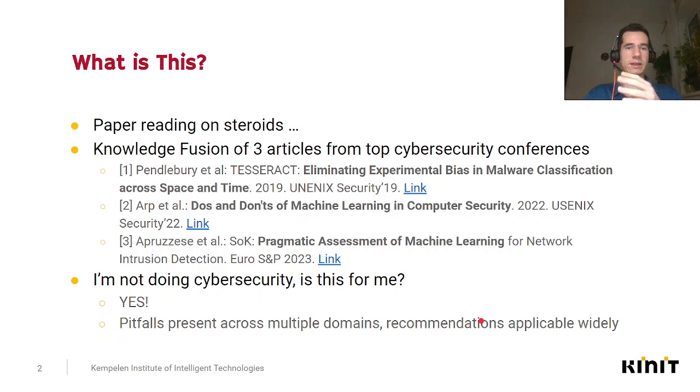So what is this? As I've discussed, this is a paper reading. Actually, it's quite a paper reading on steroids because I decided to read three papers from top cybersecurity conferences, and since they were very close together, I merged them into one presentation. As we can see, the papers are from 2019, 2022, and 2023, so very fresh perspective onto the machine learning